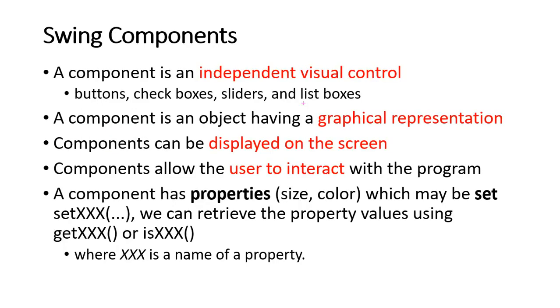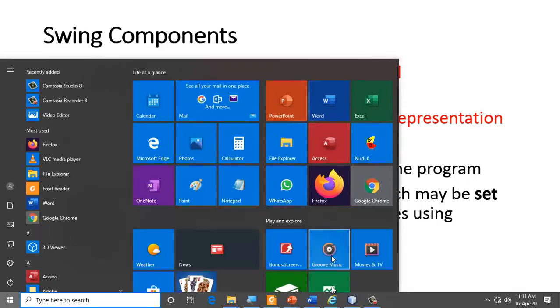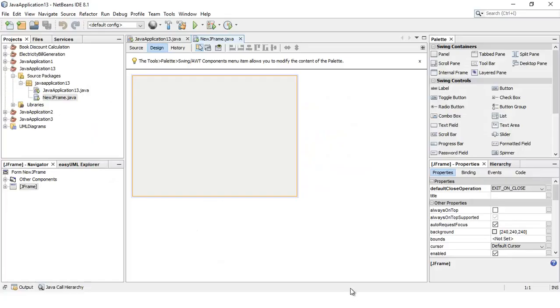A component is an independent visual control that you can use in your program. Let's look at a simple application here. I have a NetBeans application created.